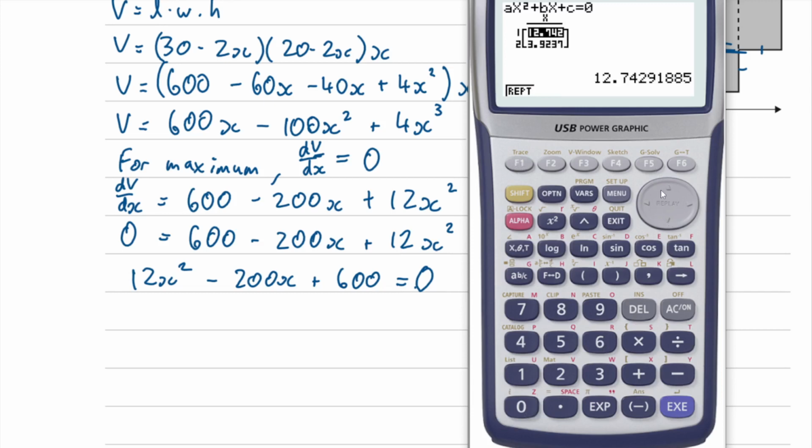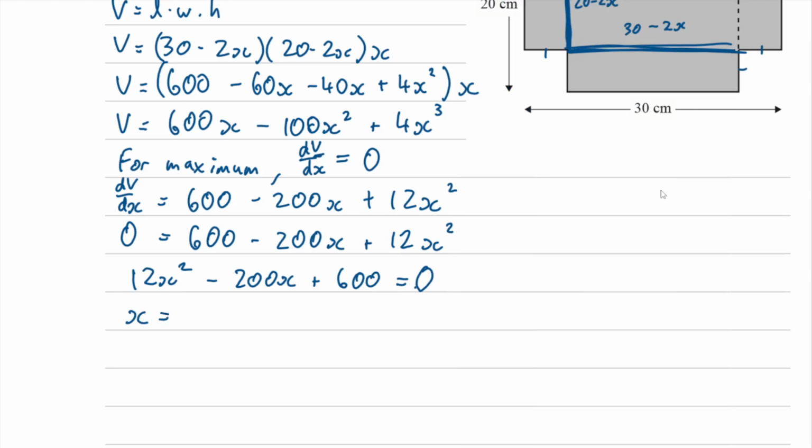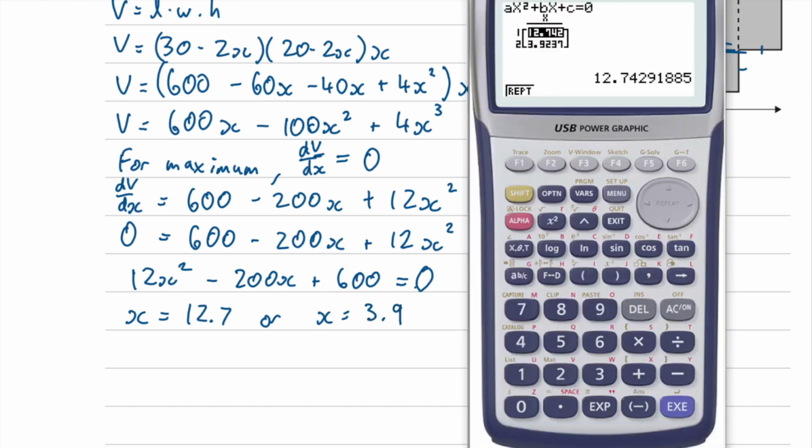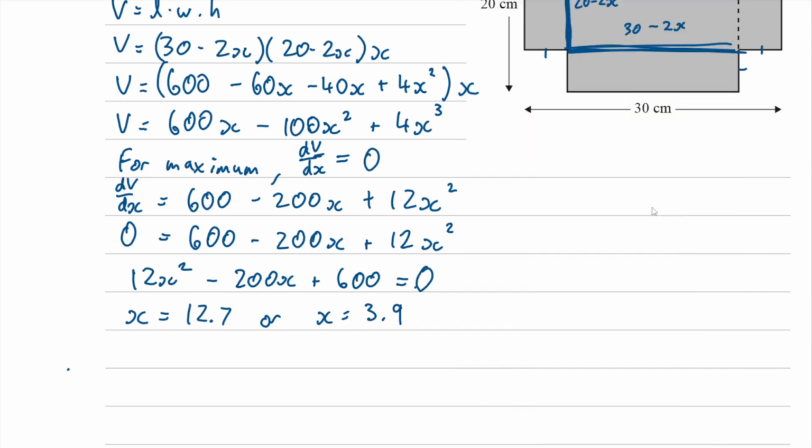We get x equals 12.7 or x equals 3.9. And that's absolutely fine to use your calculator there. Alternatively, you could use the quadratic formula, or you could complete the square. Alright, now that we have this x value,